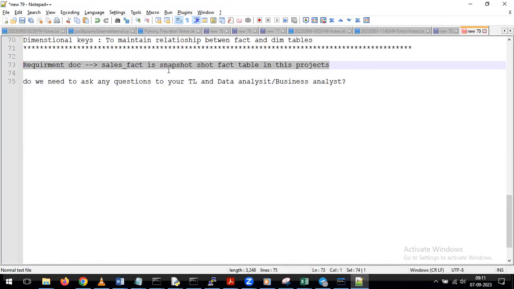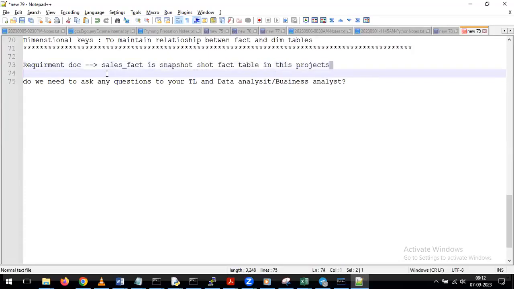And so see here, whenever we are seeing a snapshot fact table, immediately what we have to think: okay, in this table we need to maintain a particular period of historical data, because already we discussed the definition of the snapshot fact table. Now if you are going to work in real time, by seeing this line, immediately you need to recap, okay, in this fact table we are going to maintain the snapshot historical data, which is nothing but a particular period of historical data. But in the requirement document, they have not specified how many years of historical data we need